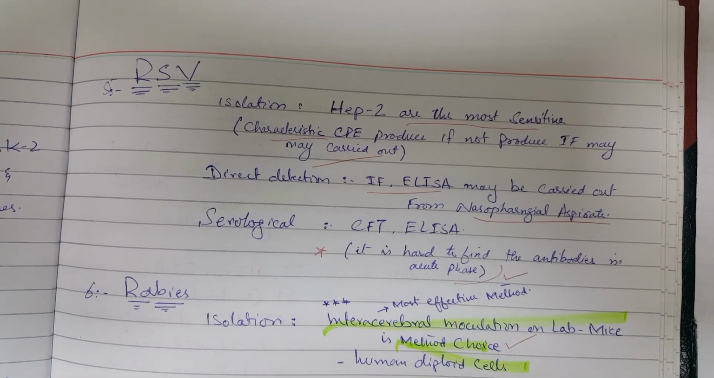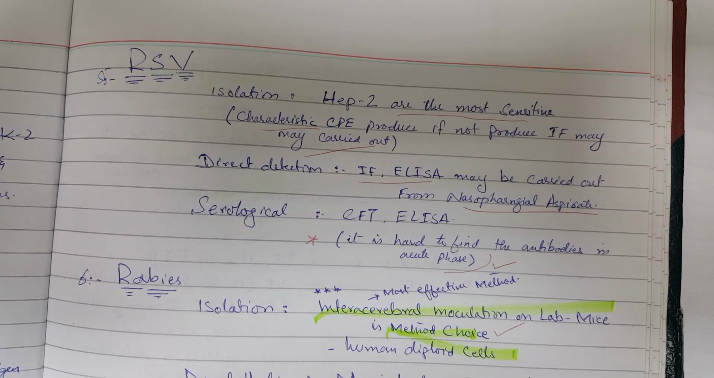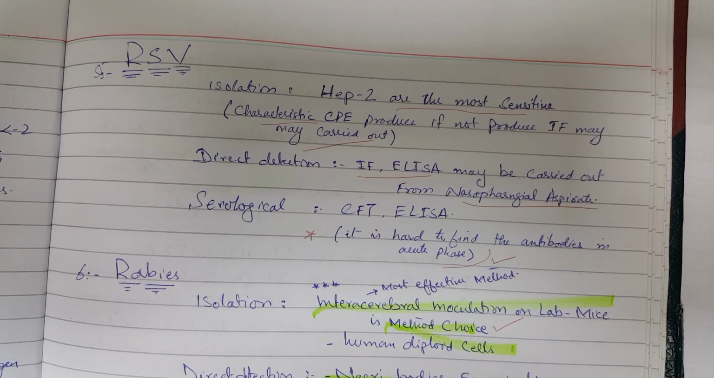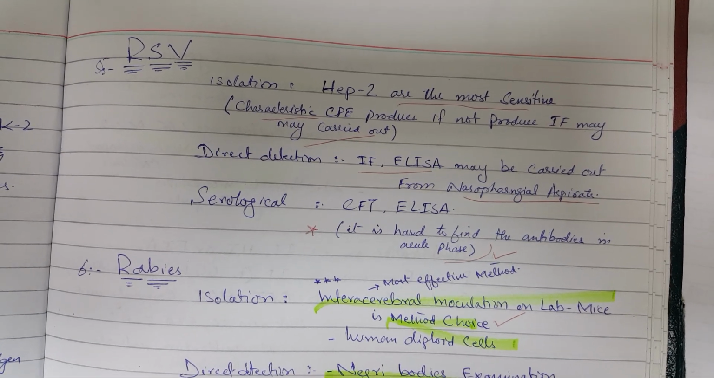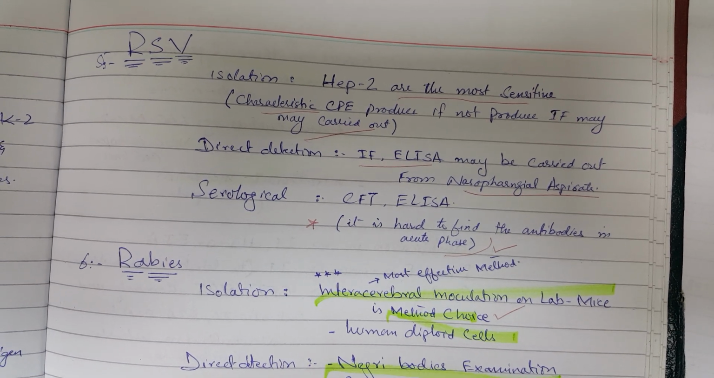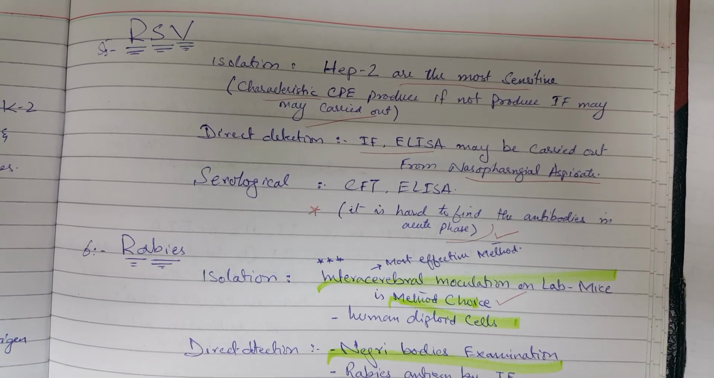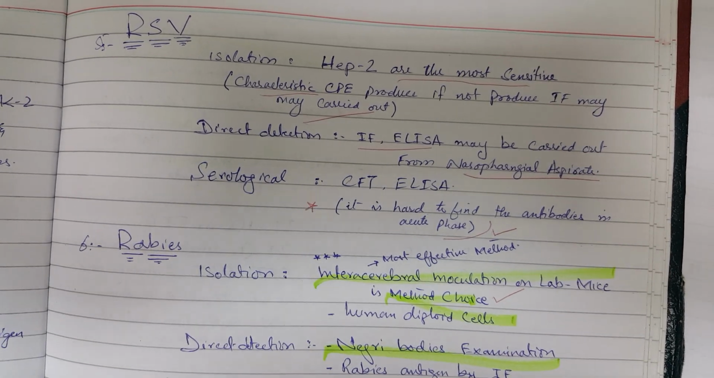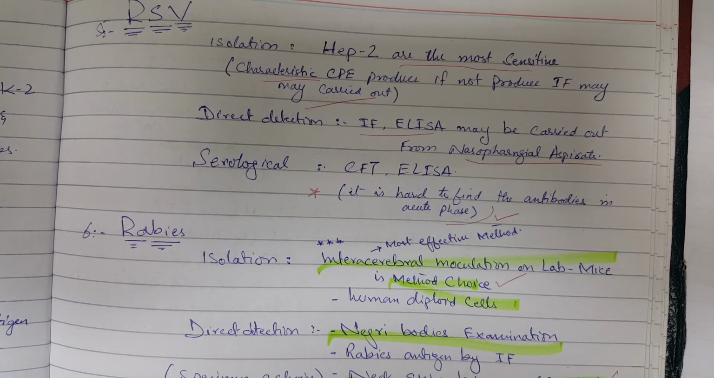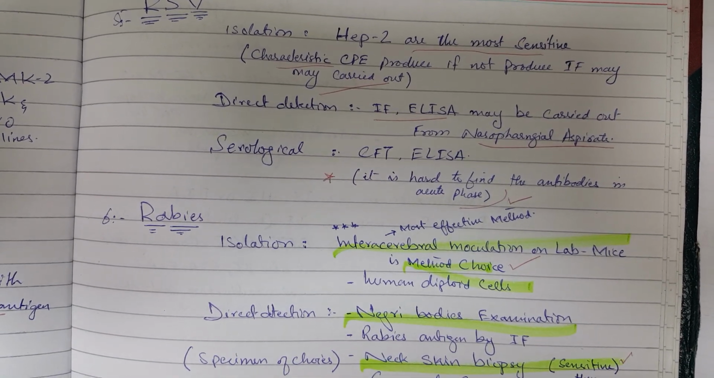Respiratory syncytial viruses are basically isolated on HEp-2, and it is the most sensitive cell line for respiratory syncytial viruses because it produces the characteristic cytopathic effect on this cell line. But if not produced, you can use immunofluorescence and direct detection, and ELISA can also be carried out from the nasopharyngeal aspirate. Serological tests are also complement fixation test and ELISA, and it is hard to find the antibodies